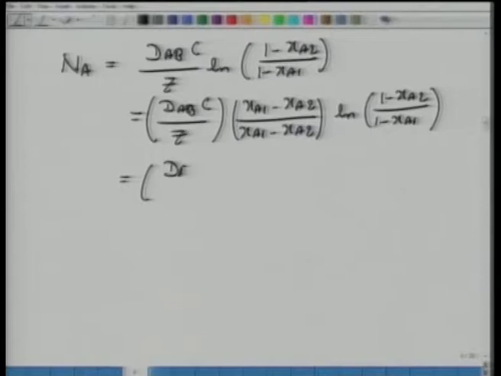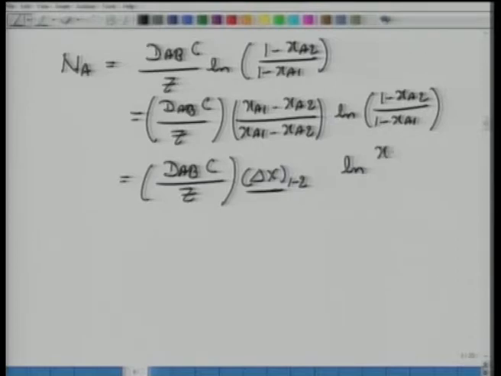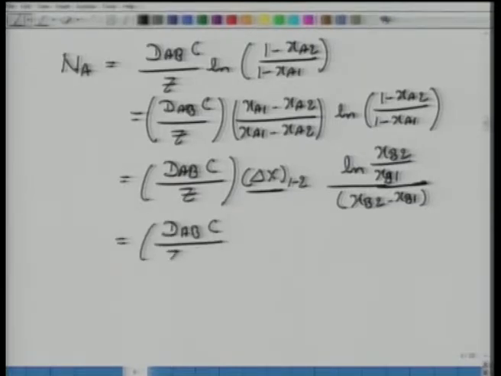and then further we can write DAB C over Z del X. So now we are introducing this mole fraction difference between planes 1 and 2, which is nothing but XA1 minus XA2. And here what we have is ln of XB2, the mole fraction of B at plane 2, 1 minus XA2, and B is stagnant here, XB1, sorry, this should be XB1. And XA1 minus XA2 can also be written as XB2 minus XB1, just subtract 1 minus this. Which means now we have an expression for mole flux in terms of DAB C over Z